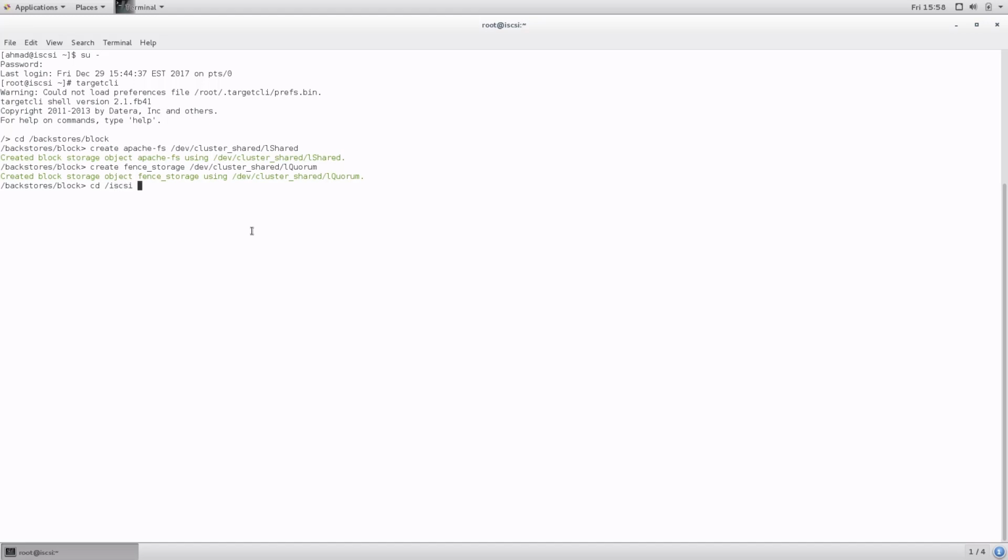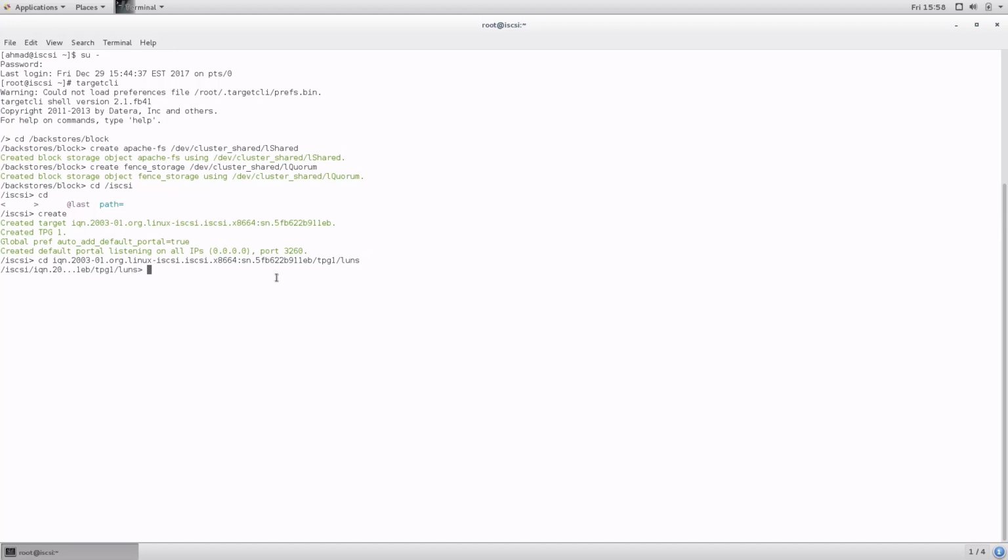Let's go to /iscsi and create. This will create the target IQN. So let's get inside this IQN, inside tpg1 luns, and then type the following: create /backstores/block/Apache-fs. This will create the first LUN. We're going to do the same command but for the fencing device, or the quorum device,